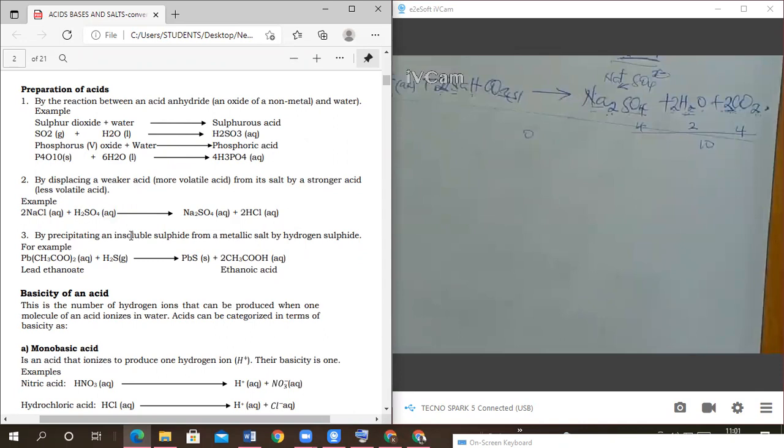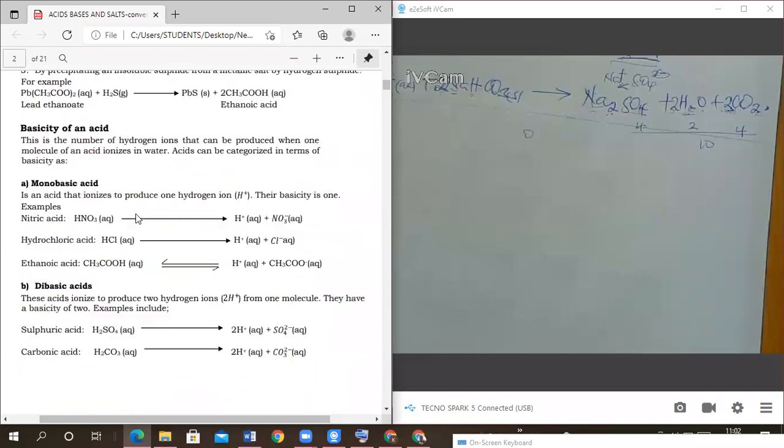Then by precipitating an insoluble sulfide, this one will be forming a weaker acid. Now, like this one is lead ethanoate, which will give you ethanoic acid from here. Because of this, lead takes the sulfide from the hydrogen, and then this hydrogen combines with this to form ethanoic acid. Then you come